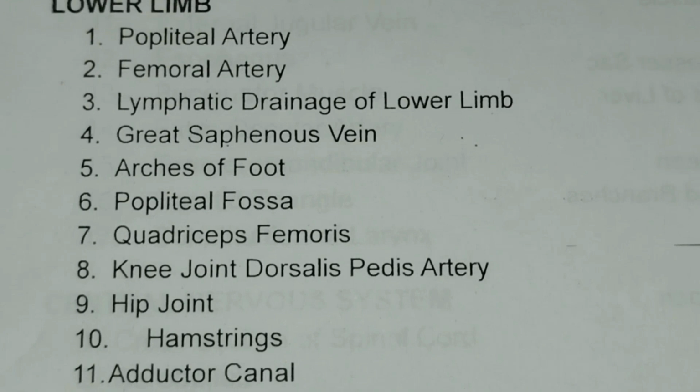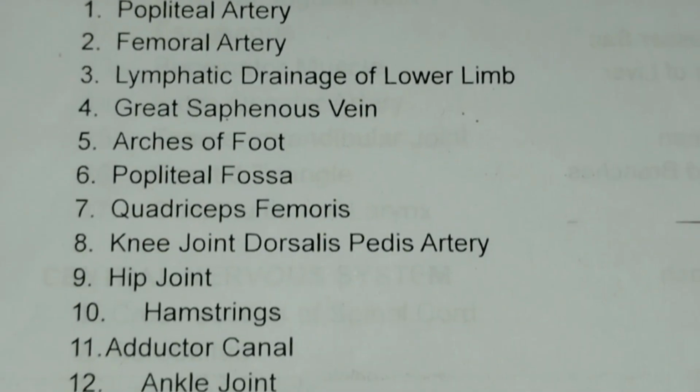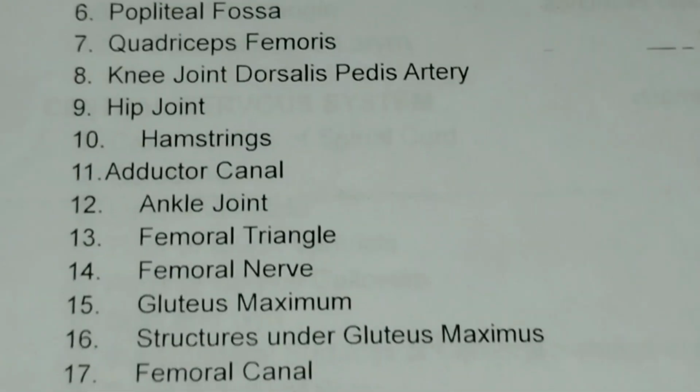The first question is popliteal artery, second one femoral artery, third one lymphatic drainage of lower limb, fourth one great saphenous vein, fifth one arches of foot, sixth one popliteal fossa, seventh one quadriceps femoris, eighth one knee joint, dorsalis pedis artery, ninth one hip joint, 10th one hamstrings, 11th one adductor canal, 12th one ankle joint, 13th one femoral